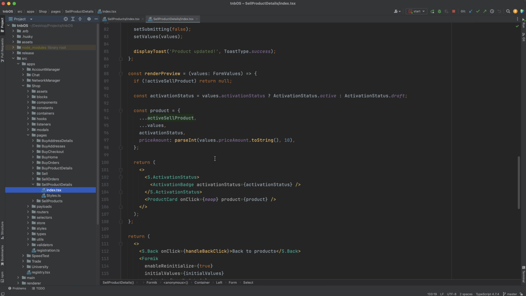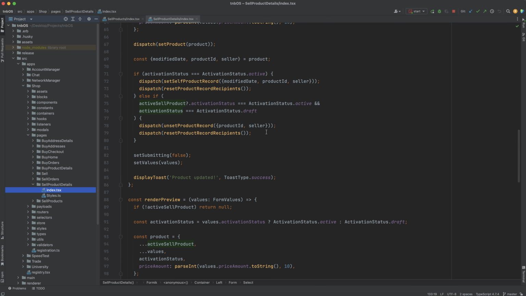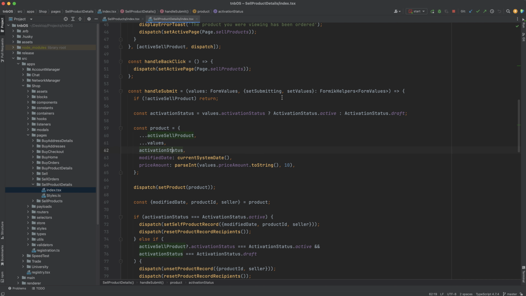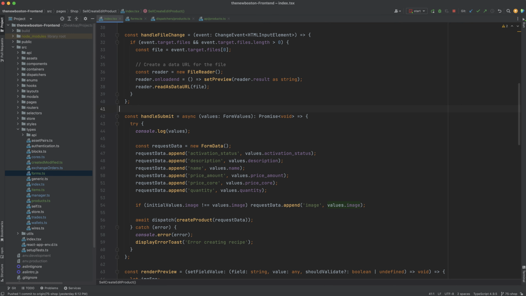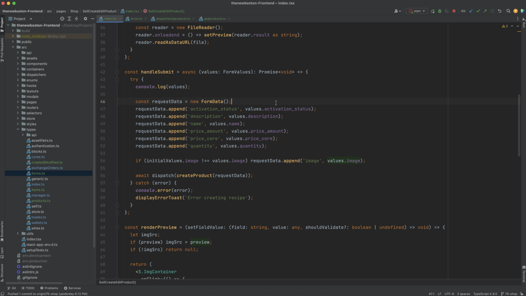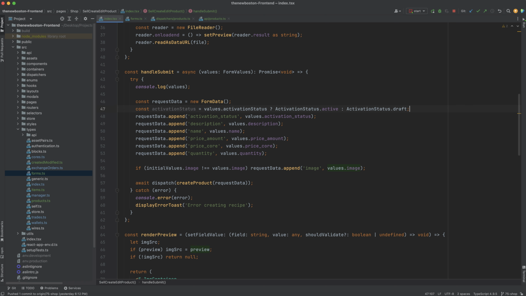Here we go. Okay, so for activation status, handle submit, activation status, we just say, okay. Actually, this works really well. So what we will say for activation status is if the value for activation status is true, in other words, if the checkbox is checked, then we just wanna,